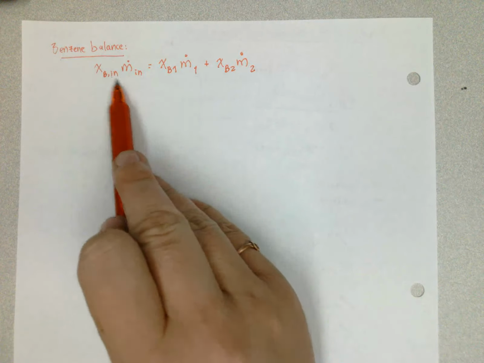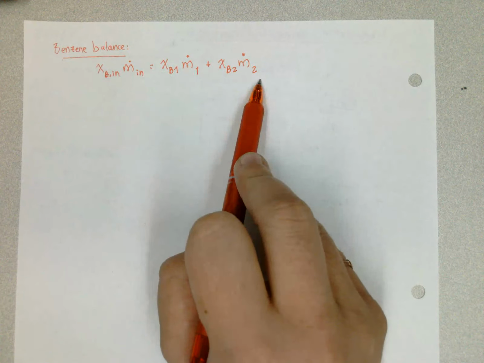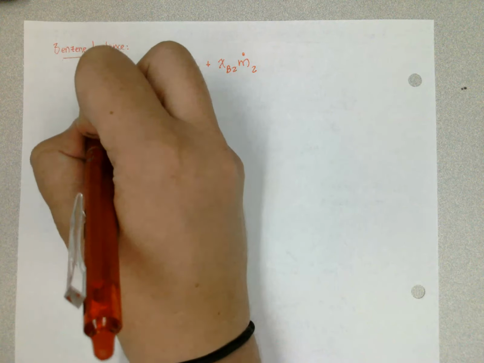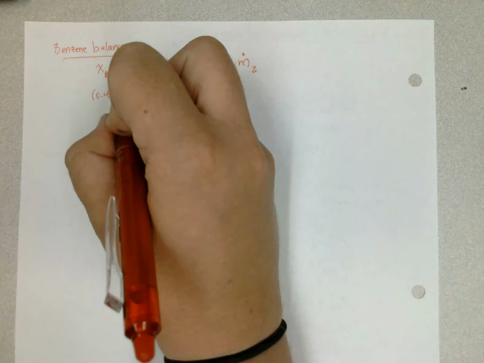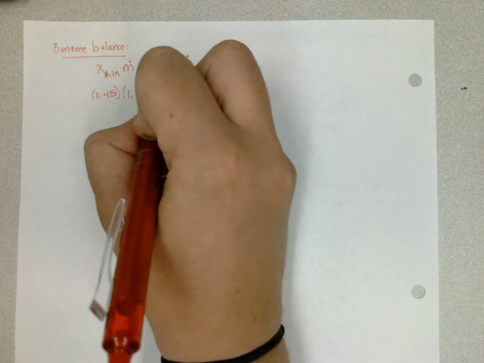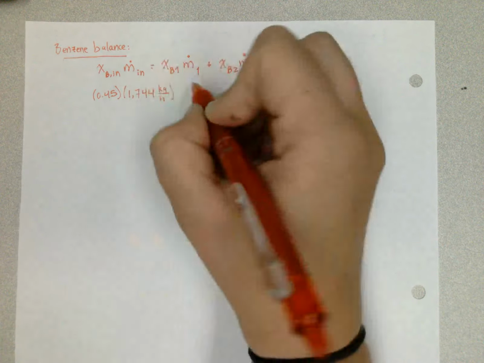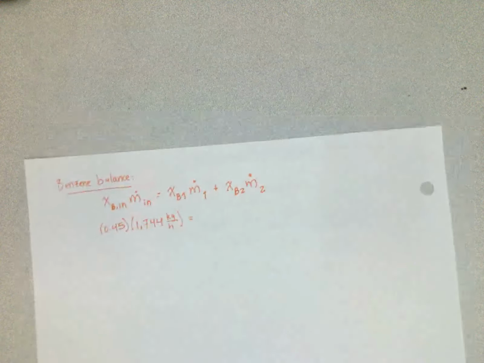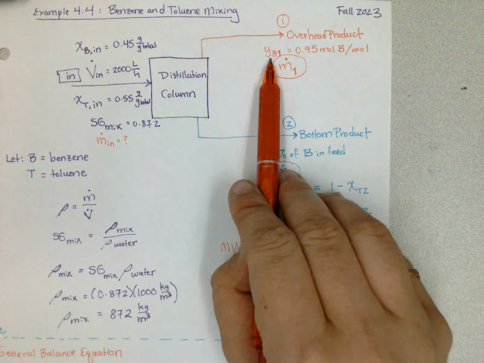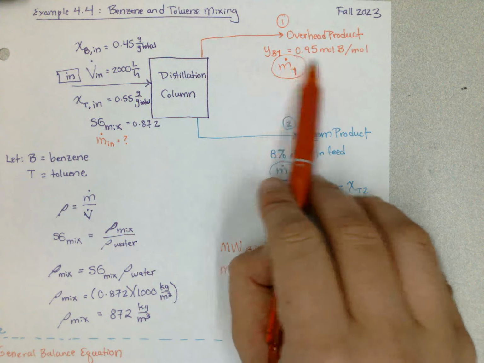So all this is input equals output. Now we know this number right here, this one is 0.45. We just found M in. M in we found is 1,744 kilograms per hour. If we flip back to our flowchart, we actually don't know anything about mass up here